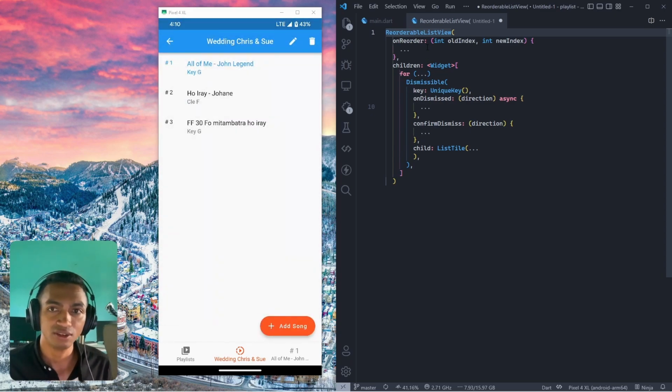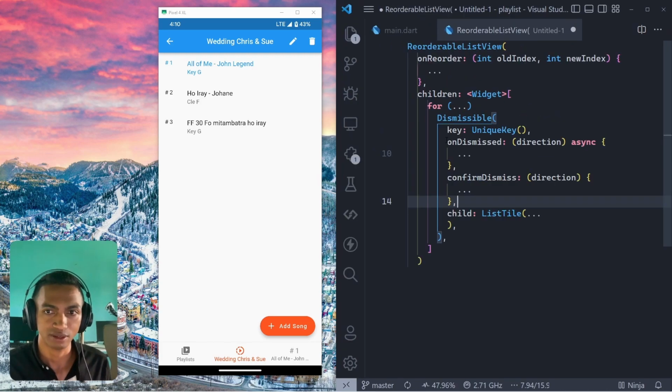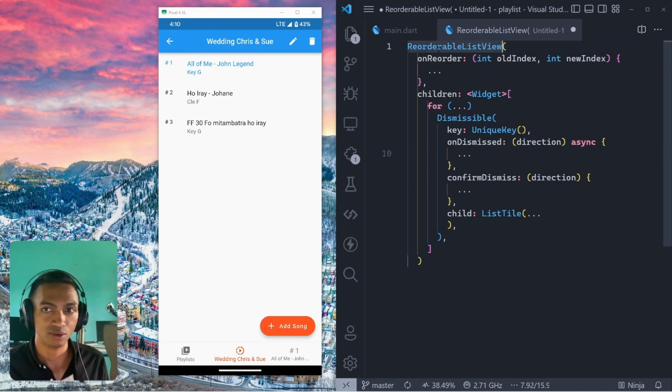So what I did here is, here's the secret. Let me make this a little bigger. Okay, so this is a reorderable list view. Inside the reorderable list view, we usually just have a list tile. So these are all list tiles, and if I just had these 2 widgets, list tiles inside reorderable list views,